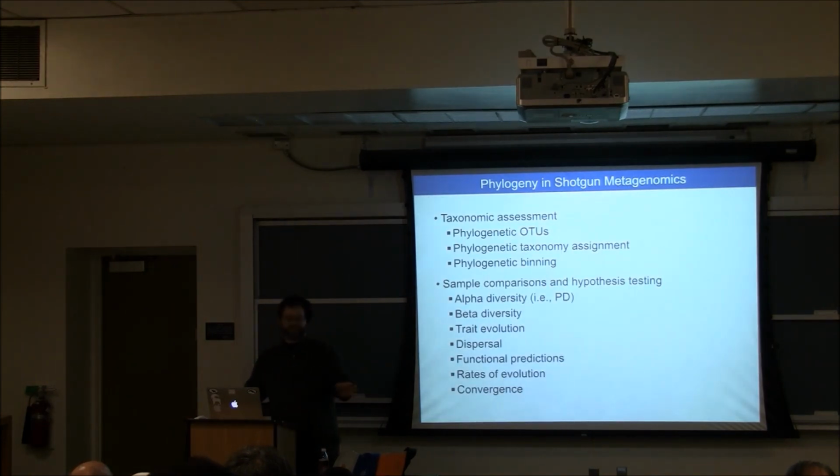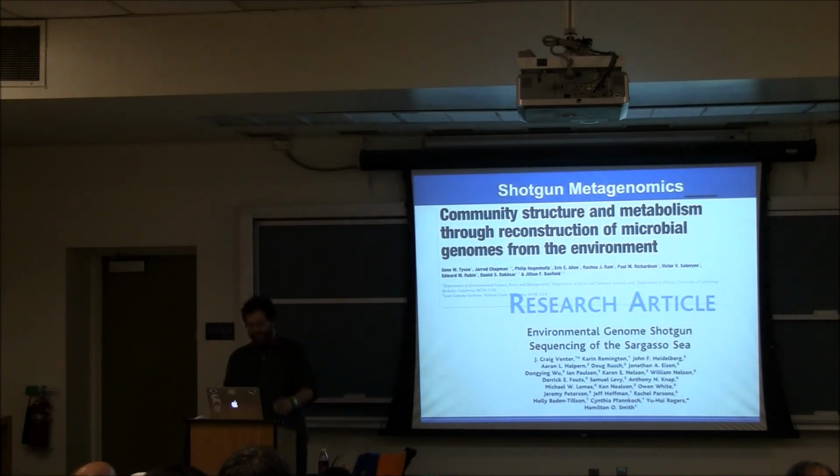You can do the same types of things that you would do with ribosomal RNA, but now you can do it with every gene across the genome, and you can even apply those tools to studying function, not just taxonomic diversity. The first two studies of this were in 2004, one from Jill Banfield's lab, one from JCVI, the Craig Venter Institute, of which I was a collaborator on, going out to environmental samples.